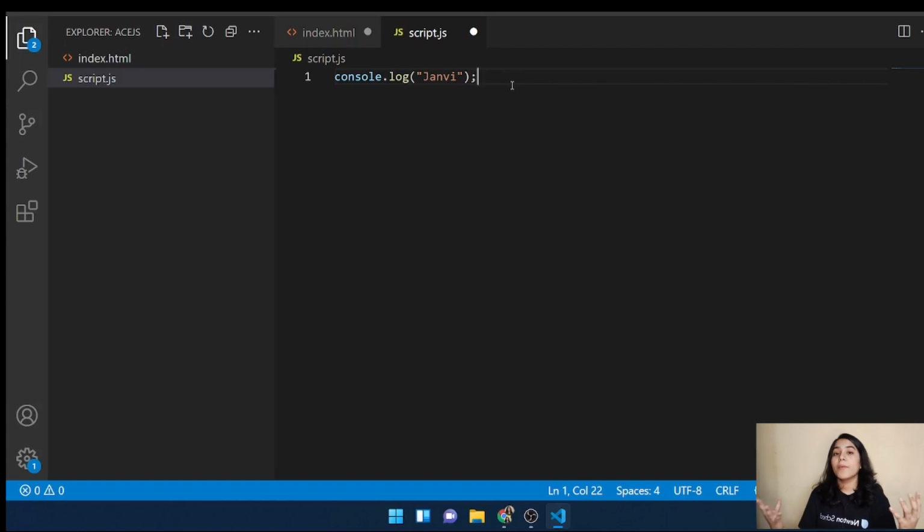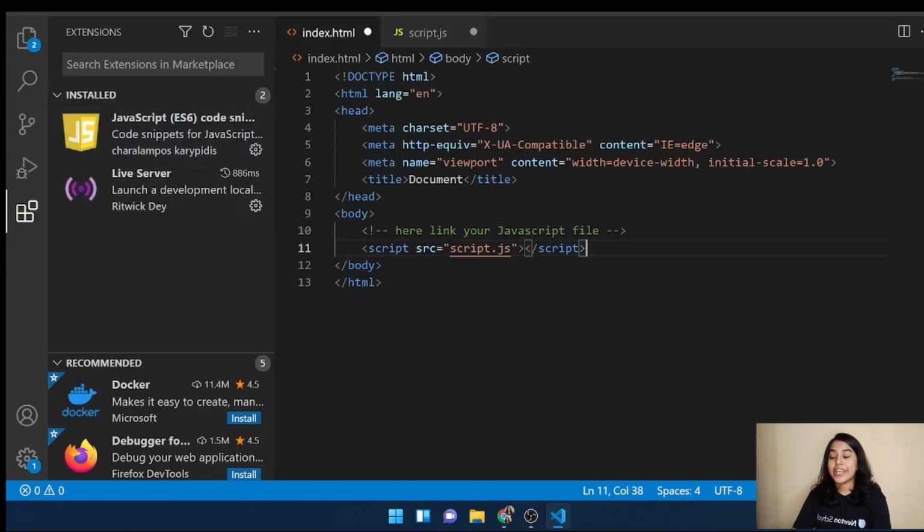Talking about extensions, you have to install the following extensions which I am going to show on the screen right now. The first one is Live Server, and the second and the most important is JavaScript snippets. These are super helpful and handy when you are working with JavaScript in VS Code. Next, let's go to the live server, and you will see that whatever you have written, we cannot see anything on our web page.